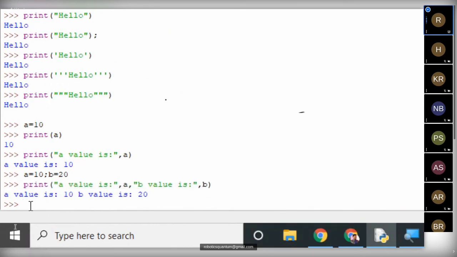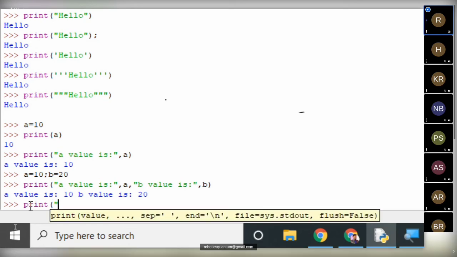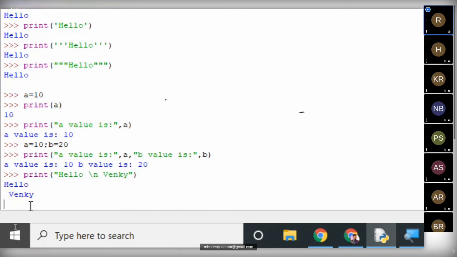Okay, so in Python, if you want to print a new line, in other languages what do we do? Simply, in general, we'll write like this: "Hello" and then \n. \n is used to print a new line in general. If I write "hello\nWinky", it means hello will be in the first line and Winky will be in the second line.